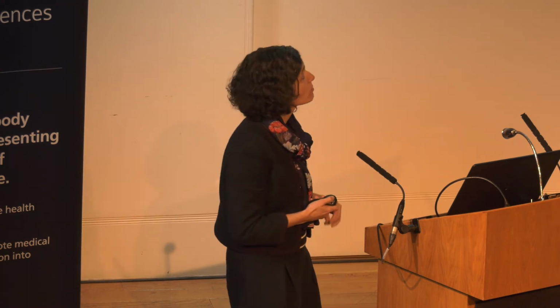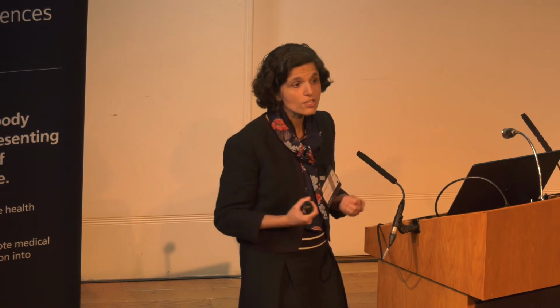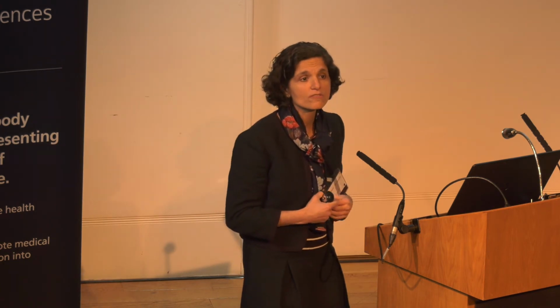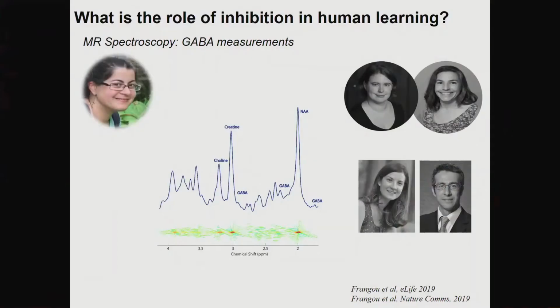But today, what I really want to focus on is a new technique that allows us to look at GABAergic inhibitory mechanisms in the brain. We heard about interneurons. We cannot access interneurons at the level of the human brain with brain imaging techniques. But thanks to developments in MR spectroscopy and thanks to talented physicists both in Cambridge and Oxford, and colleagues at the University of Oxford on the 7 Tesla scanner, we have started this work using MR spectroscopy to measure GABA in the live human brain.